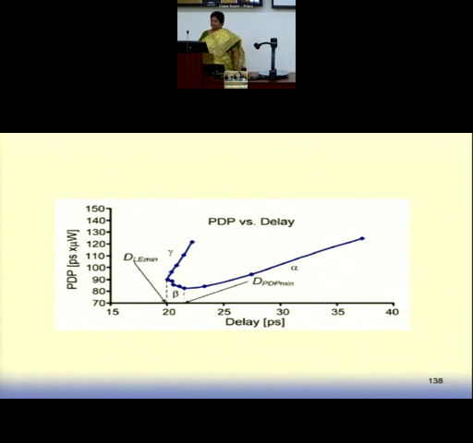And in between the two points, which is the beta segment, between D_LE min and D_PDP min, we have a range where PDP has a lower value. So that means for PDP minimum, I would be designing in the beta segment. I will not be designing in the alpha segment. I will not be designing in the gamma segment.